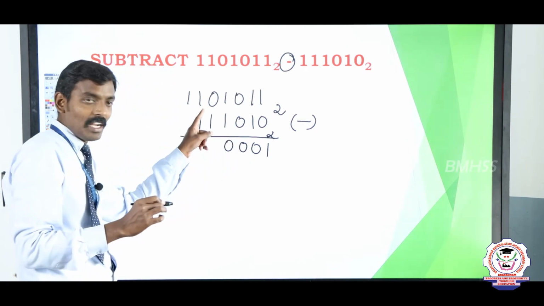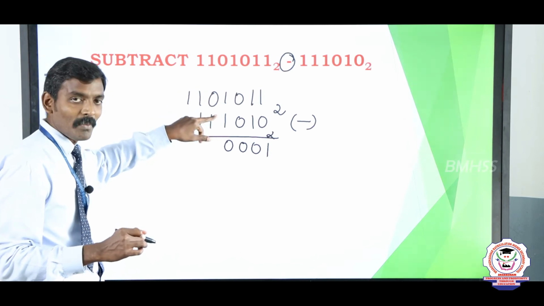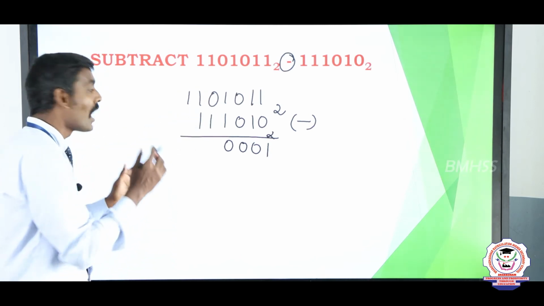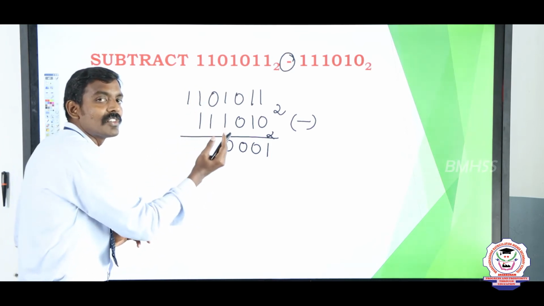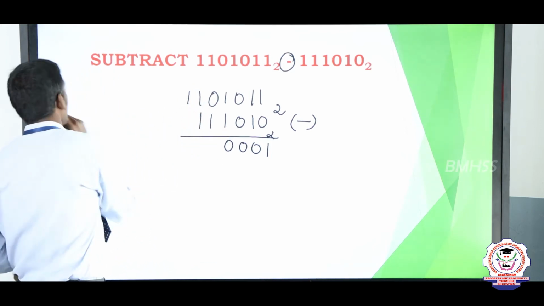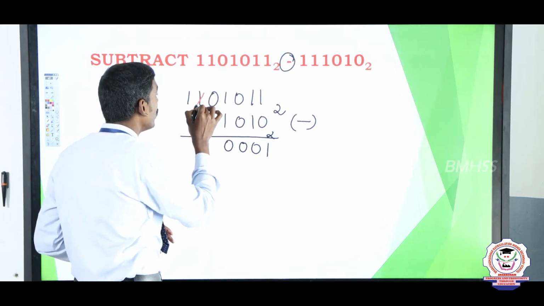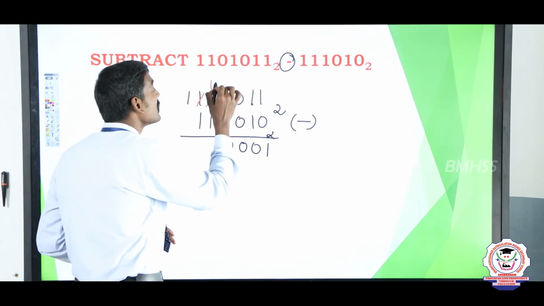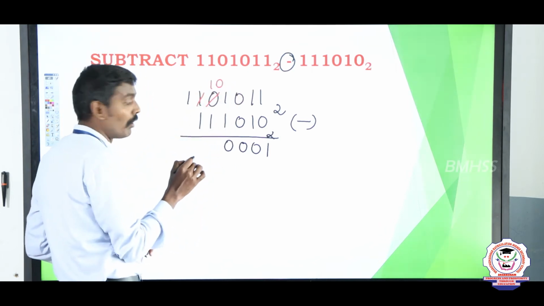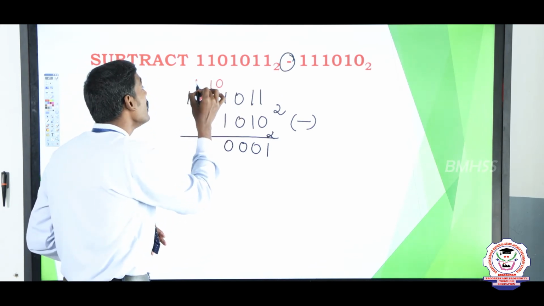Now 0 minus 1. Very good, 0 is the smallest number and 1 is the biggest number. Now you can borrow from the nearest position. How can you borrow? Very simple. You can borrow from this position. Here you can borrow from 1. This should be considered as 1 0. Here 1 is taken from the previous, so it becomes 0.